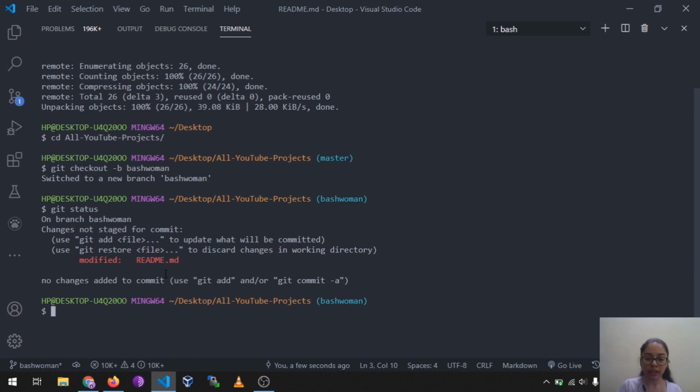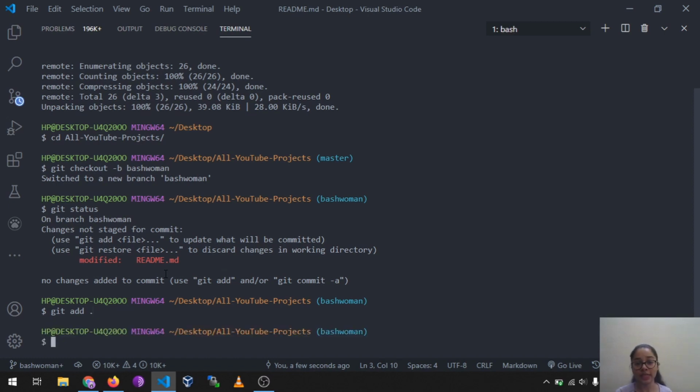To track the changes, we need to tell Git to please add them. We can use a period to track the whole project, or specify the file we modified, or the whole folder. I will use git add period.